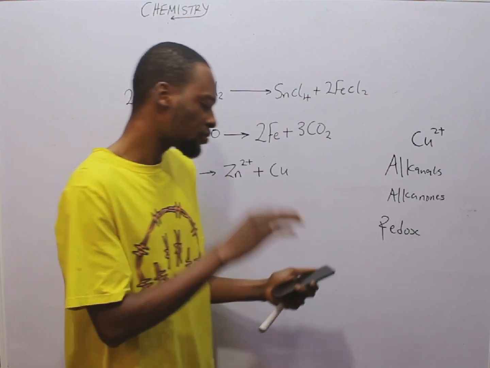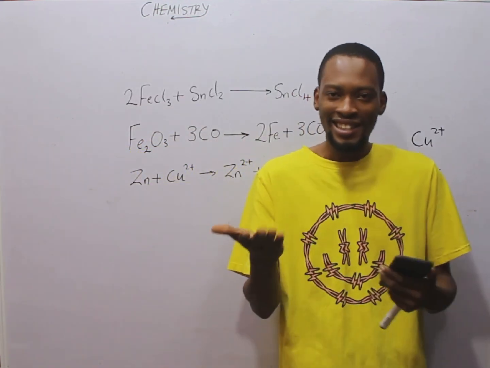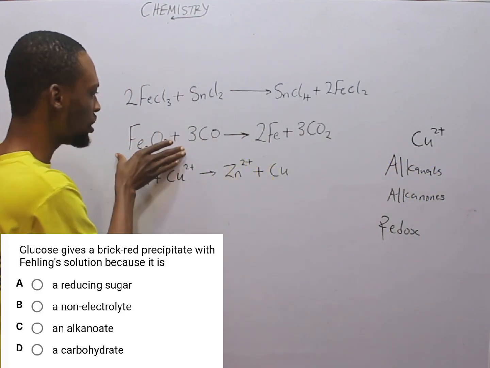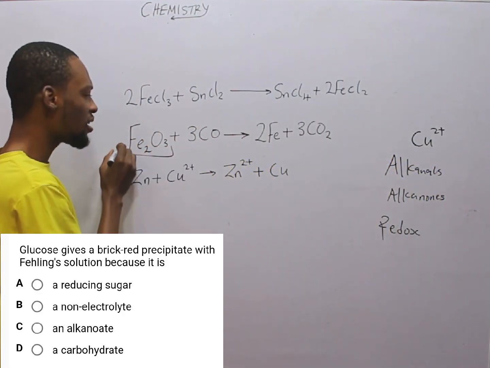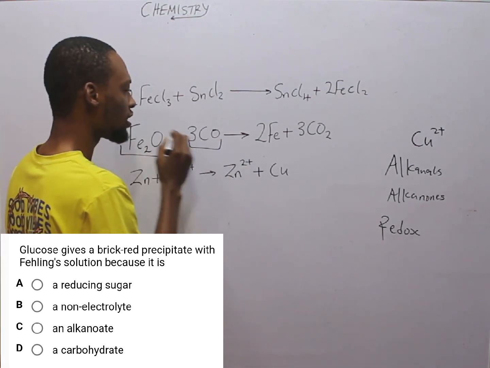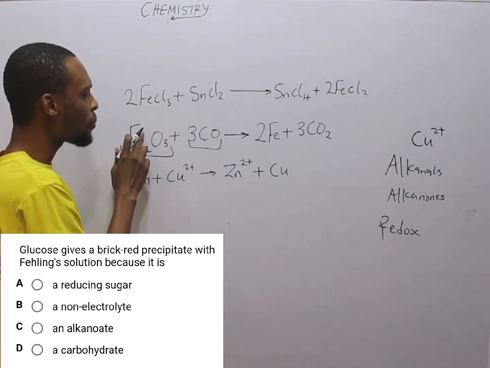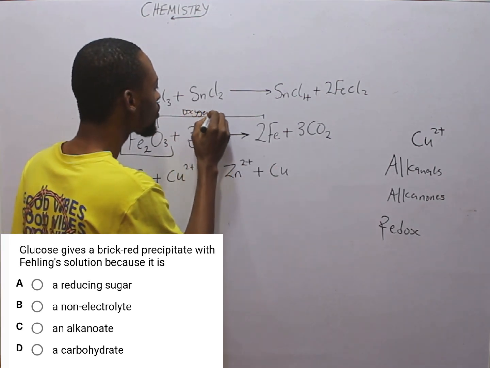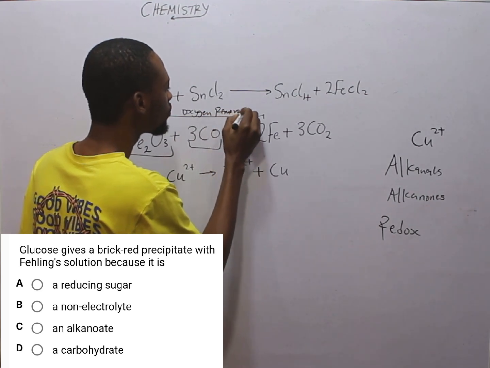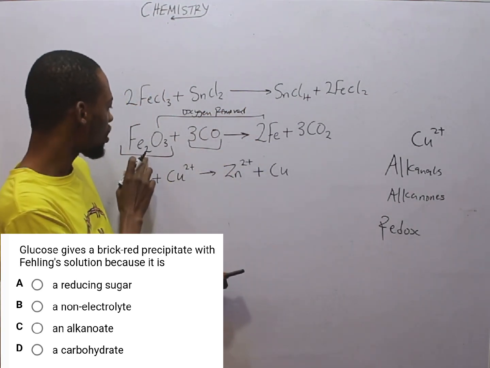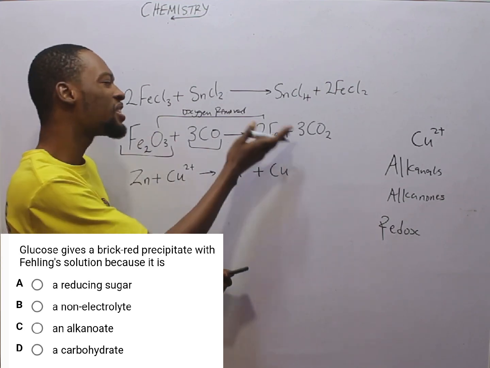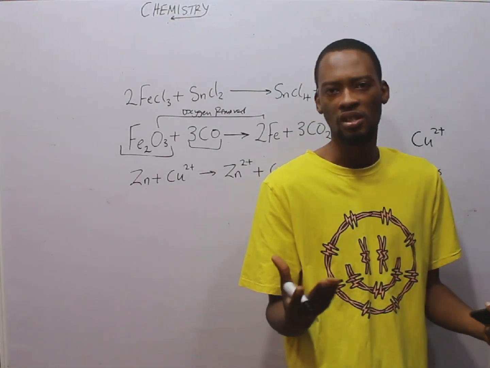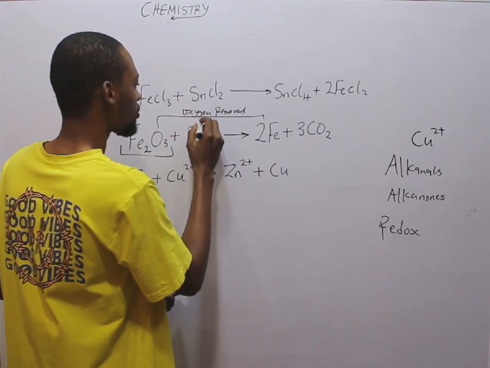Now, you may be wondering, how does all these things change the price of garri in the market? This is why I've written these out. Let's start with this. Looking at this, this is iron oxide, right? This is carbon monoxide. Take a look at something. From here to here, you see that oxygen has been removed. True or false? True. Oxygen is here. Now, this same ion, you've removed oxygen from it. What has happened? Removal of oxygen. What is removal of oxygen? Reduction. So here, there is reduction.